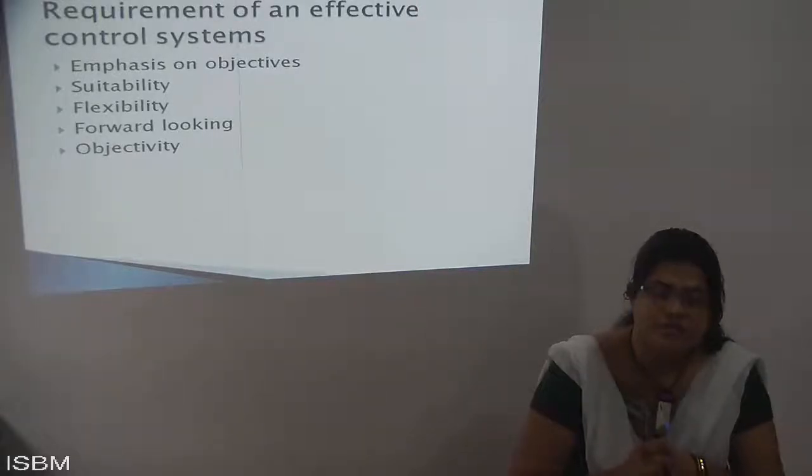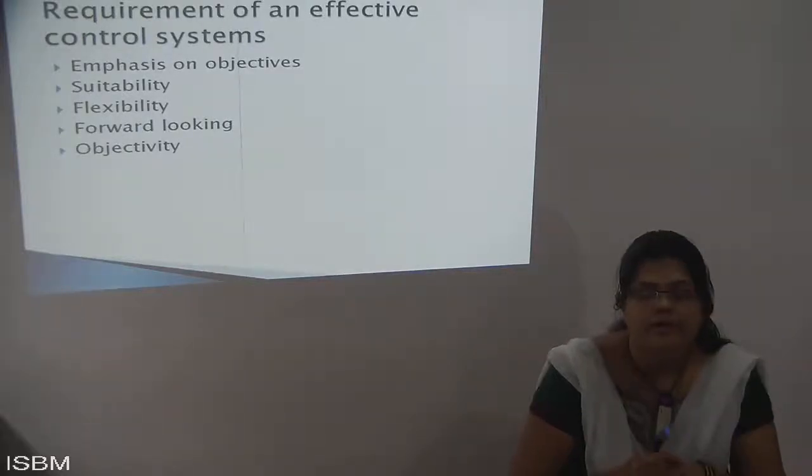Effective means you should know what is right and what is wrong, and how to express it to each other. You need to know how to speak it out when people are in the organization, what things should be shared and what should not be shared at that time. So at least people will be aware, and if it is in control, what type of controlling system you have used, it ultimately changes the perception of the person.